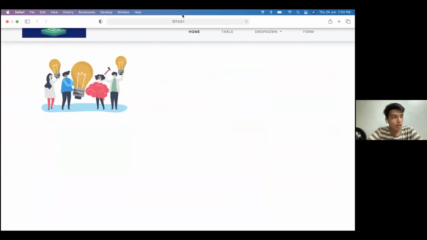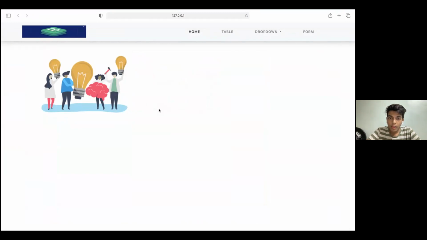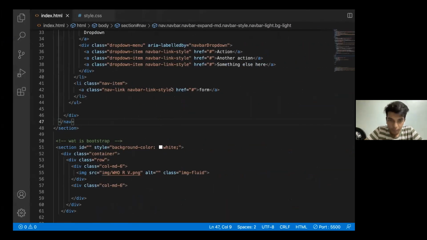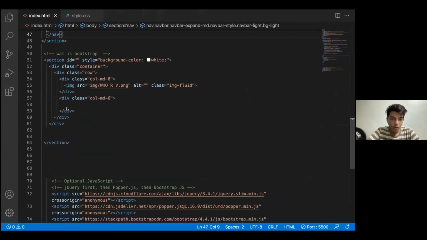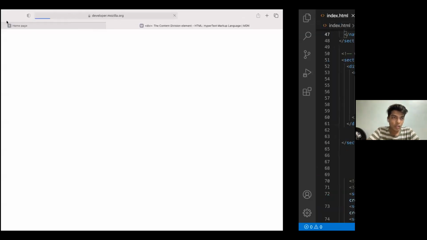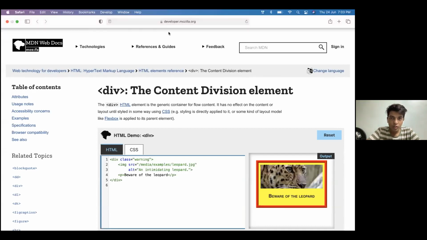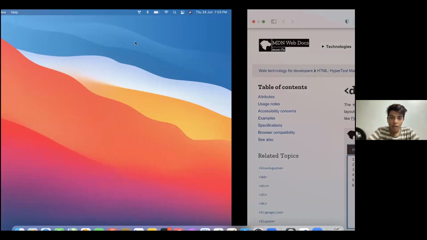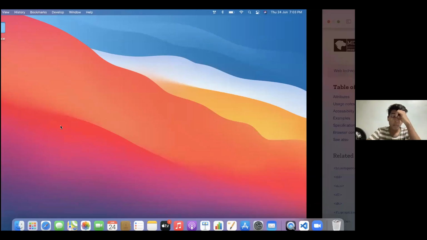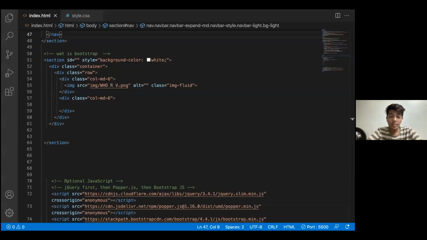So now we'll type in what is Bootstrap also. Okay, so now we'll be going to what is Bootstrap. The what is Bootstrap section actually uses two things. One would be my h1 tag and the other would be my p tag. H1 means the title, and p would be an idea about that.